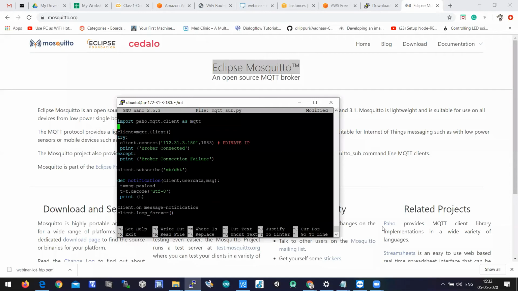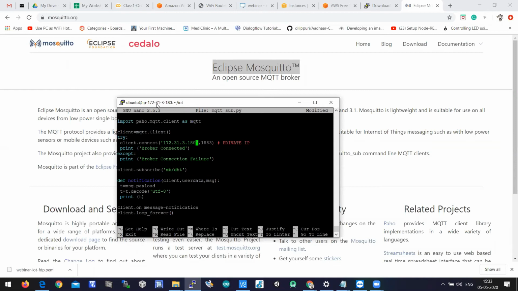Here you have to write your own private IP. Don't write my private IP. You should write your own private IP. How to identify the private IP? You can see it in the putty shell. You can see my mouse cursor, which is representing my IP. In the similar way, on your putty also you'll have your own IP. Just replace my private IP with your own private IP, and you can exit from this program.